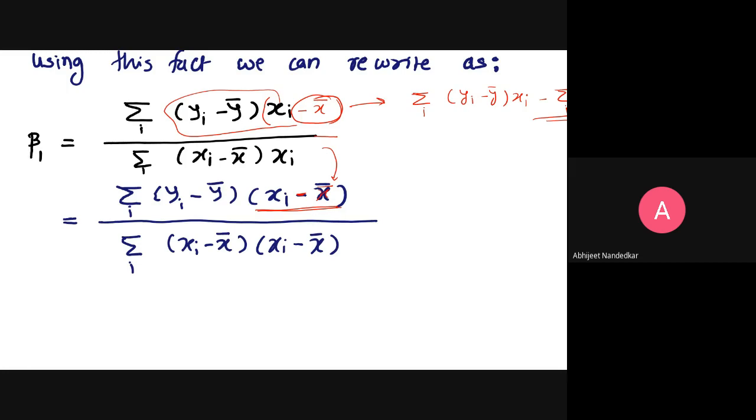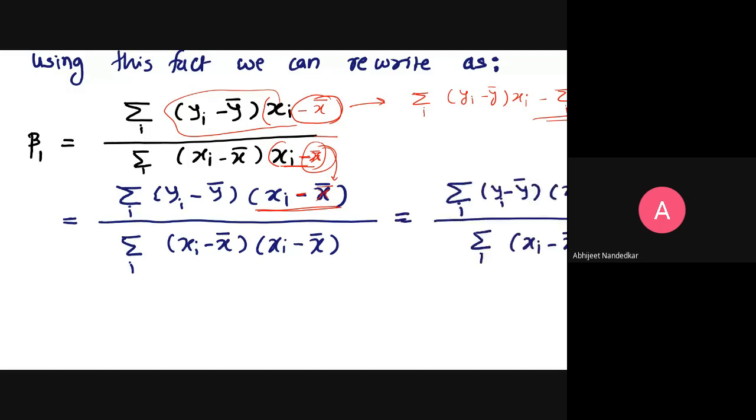So the same trick we are going to use in the numerator. So the numerator is also added with this minus x bar. So this quantity, if I expand again, will be equal to 0. So the advantage of doing this is